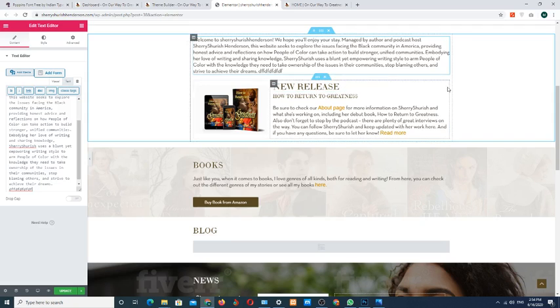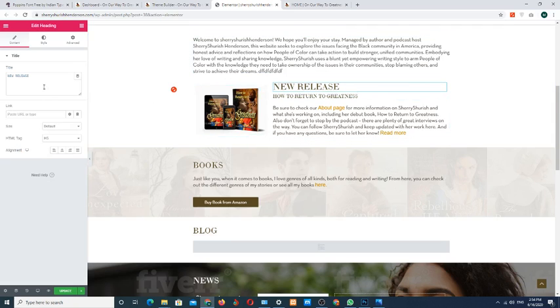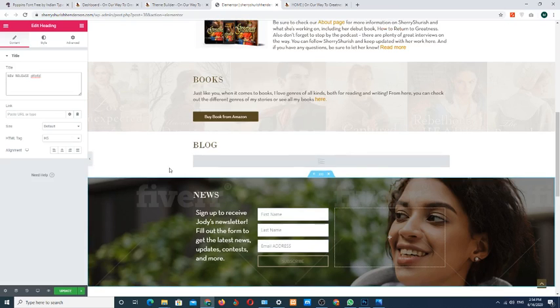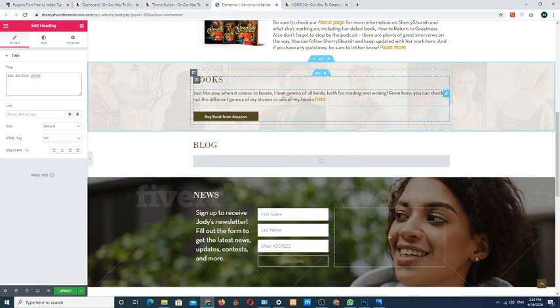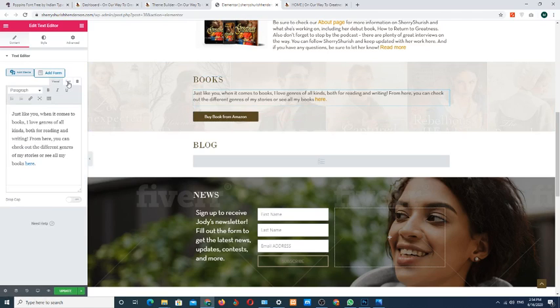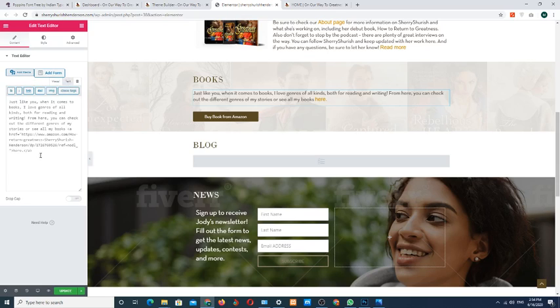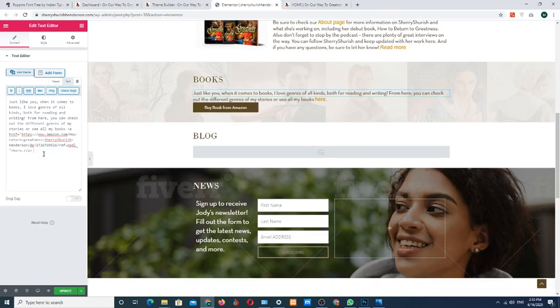and if you want to change the heading simply click here, add whatever you want, and if you want to change the content of this paragraph click here in the text tab. Okay, simply add text. Okay, and if you want to add the URL you have to change this content within the two commas. Okay,